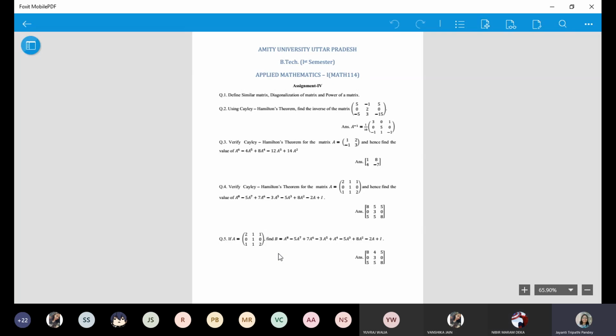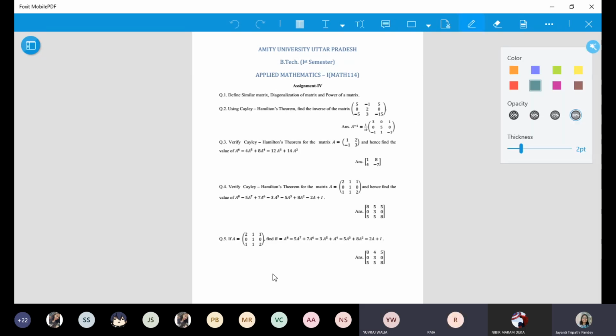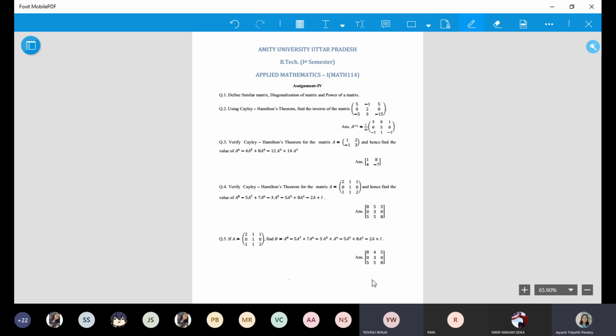Is this visible to you all or not? Assignment 4 I have opened. Yes, ma'am. So the problem is in assignment 4, question number 4 and 5, the fourth and fifth question. Just a minute. Ma'am, in the fifth question, the answer is that of the fourth question. I solved it, and the answer given for the fourth question is the answer for the fifth question. Same with me as well. That's okay. There may be a mistake in typing.